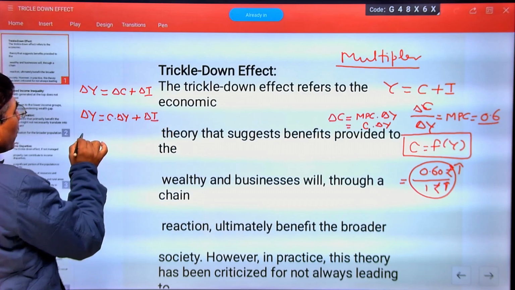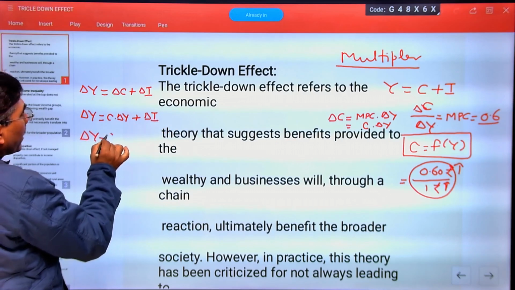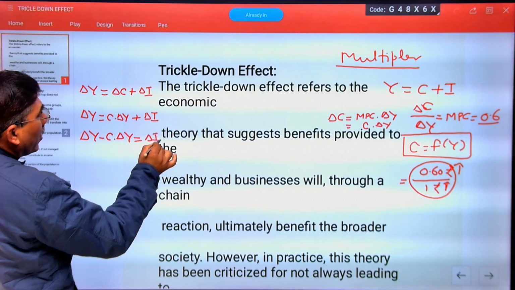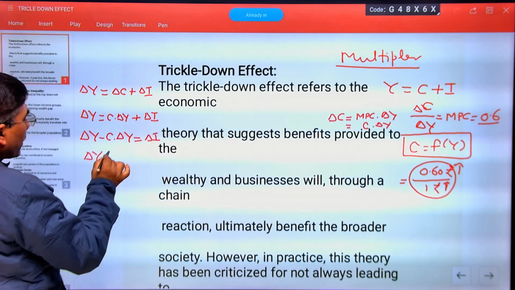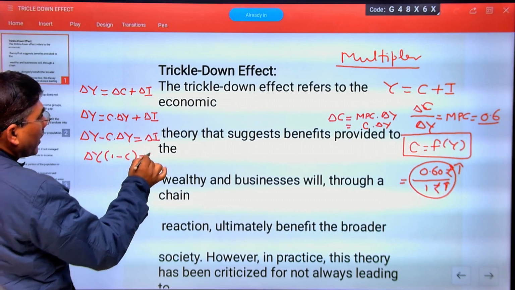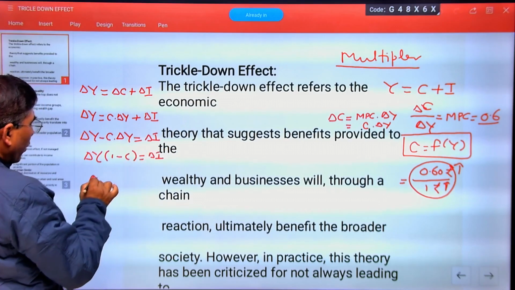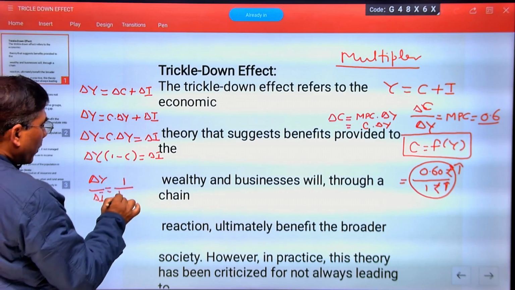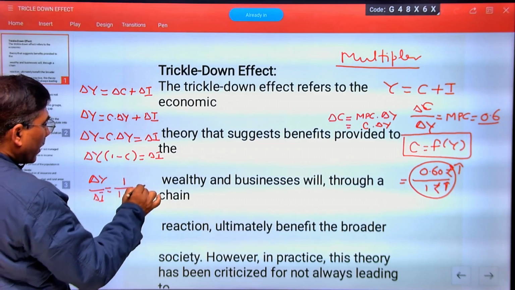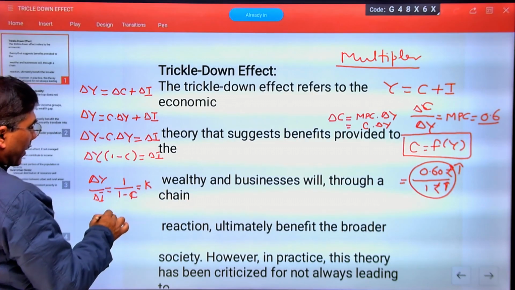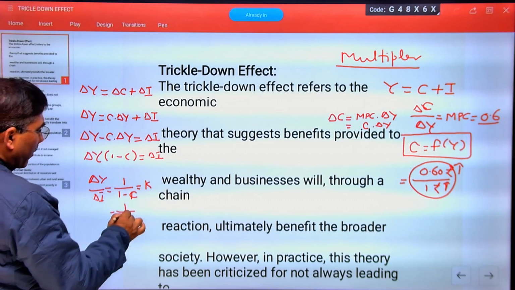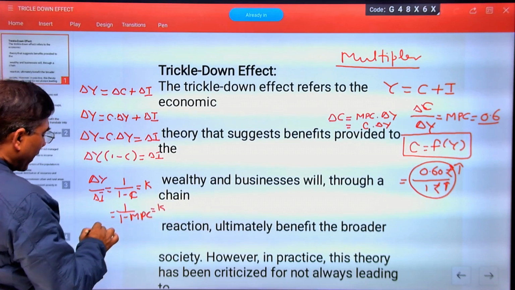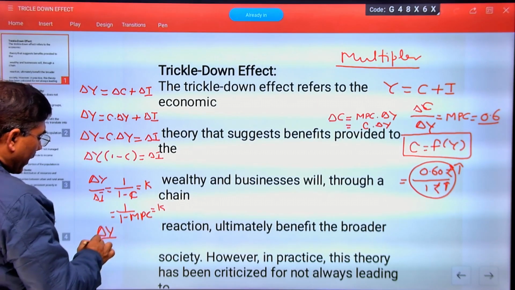If I further solve this equation, delta Y minus C into delta Y is equal to delta I. Or you can further solve this equation: 1 minus C is equal to delta I, or delta Y upon delta I is equal to 1 upon 1 minus C is equal to K, where C is what? MPC. 1 upon 1 minus MPC in actual is the value of multiplier,